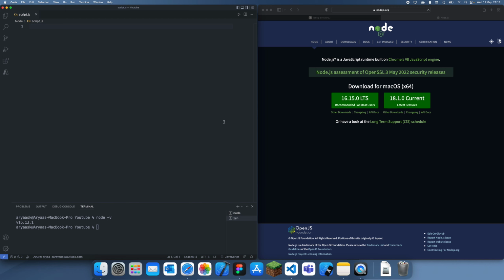So Node.js is actually built on top of the Chrome V8 JavaScript engine, and I don't really want to talk about it too much, but basically the V8 engine is just a JavaScript engine built by Google, and it's widely believed to be the fastest JavaScript engine in the world. So that's why Node.js is built on top of it, and it's pretty fast,